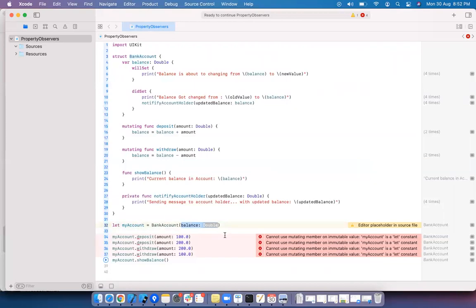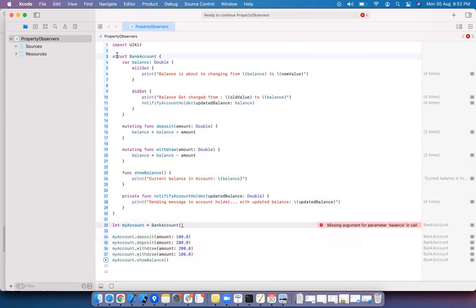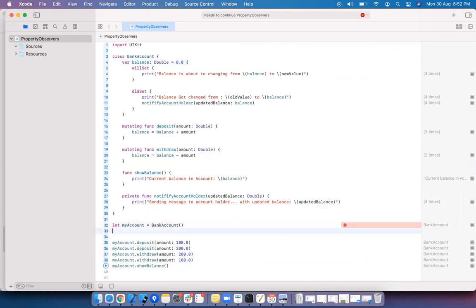Otherwise, I will not be able to construct the bank account. So struct is providing a default initializer. Okay. In case of class, if you see, in case of class, if you simply remove this, see what it says.